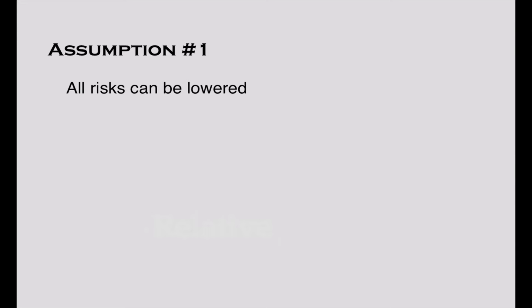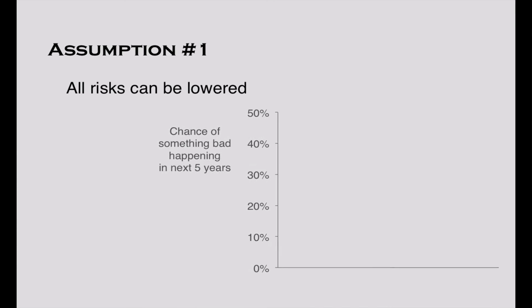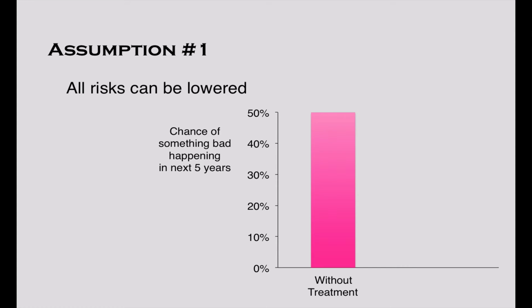And to be sure, medical care can reduce some risks, but the effort is most likely to be successful when the risk is high. Consider someone at a very high chance of having something bad happen in the next 5 years, say 50%. Medical care can sometimes dramatically lower such risk, even cut them in half, as is the case with treating patients with very, very high blood pressure.